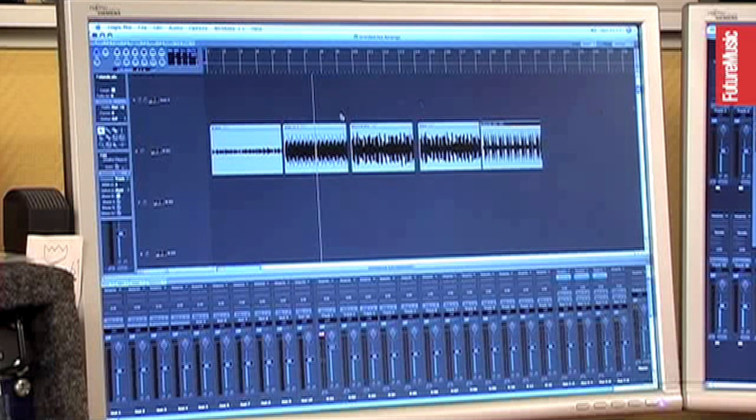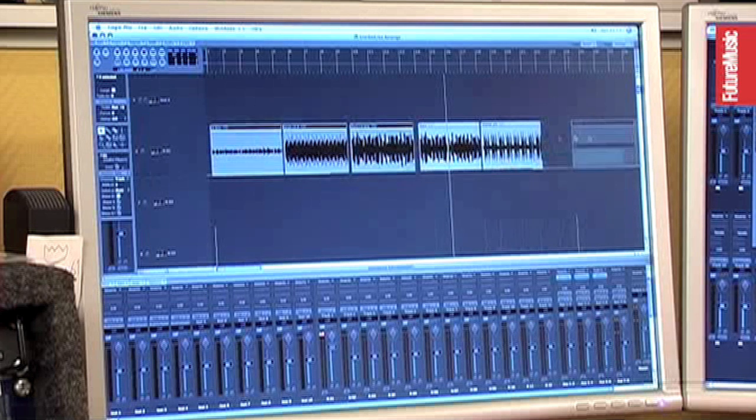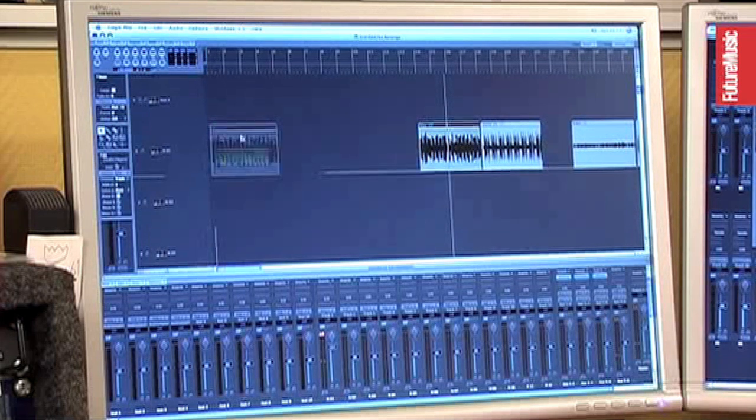Okay, let's pick the bass line. So let's use one of the bass lines. Starting position.